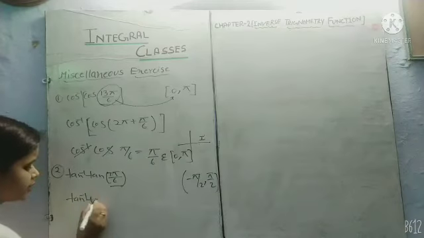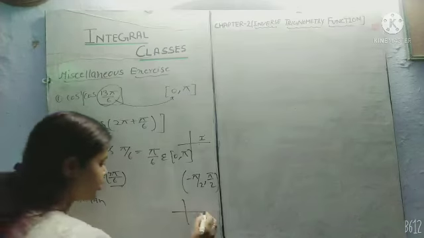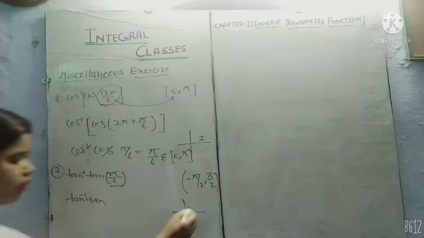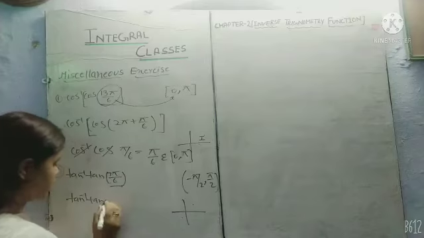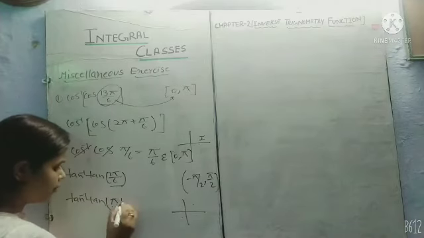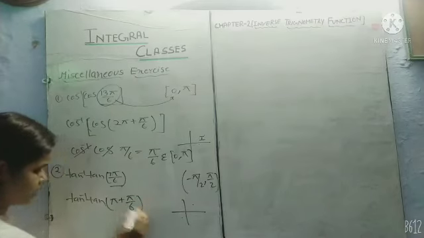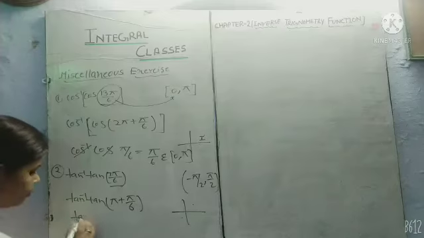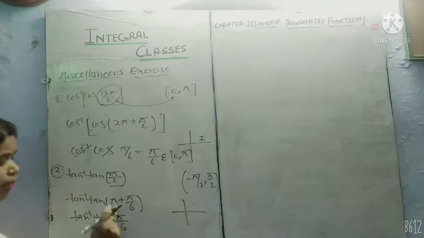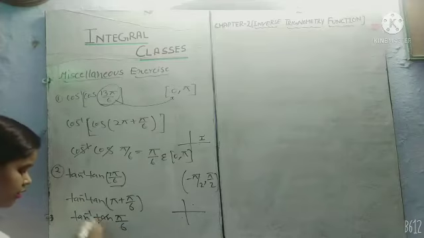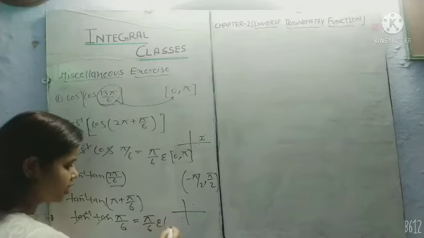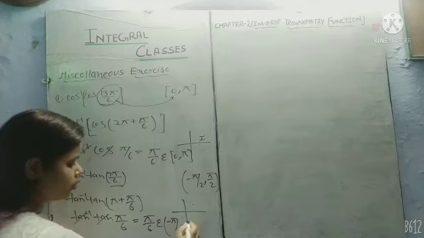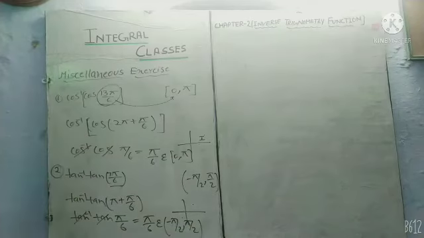Tan inverse tan. We know that tan is positive in which quadrants? First or third. So we can write tan inverse tan of pi plus pi by 6. Now it becomes tan inverse tan pi by 6, since tan of pi plus theta is equal to tan theta. These cancel, so we get pi by 6, which is an element of minus pi by 2 to pi by 2.